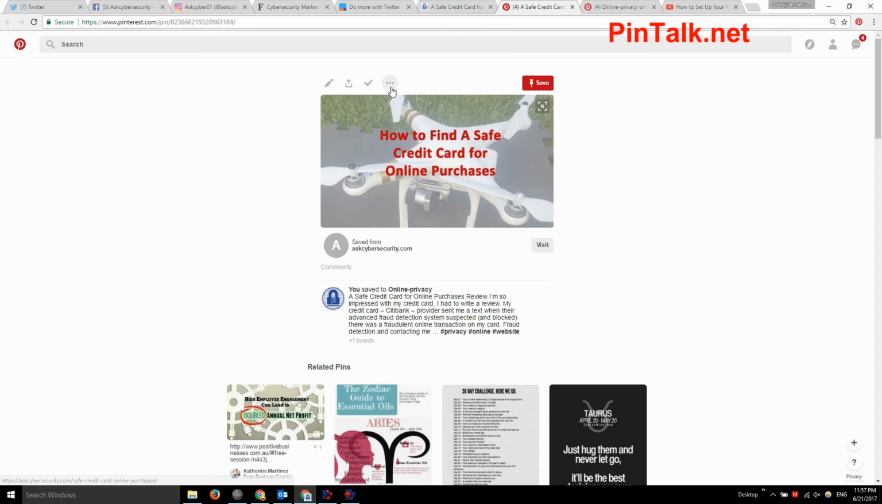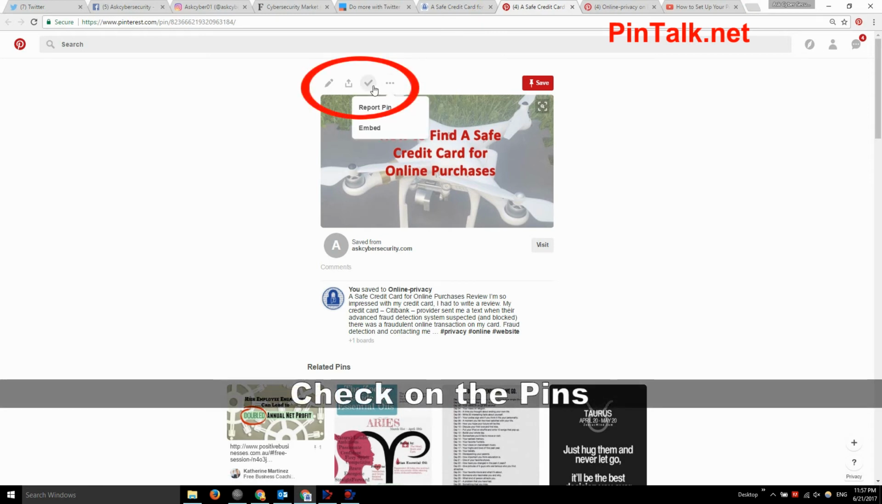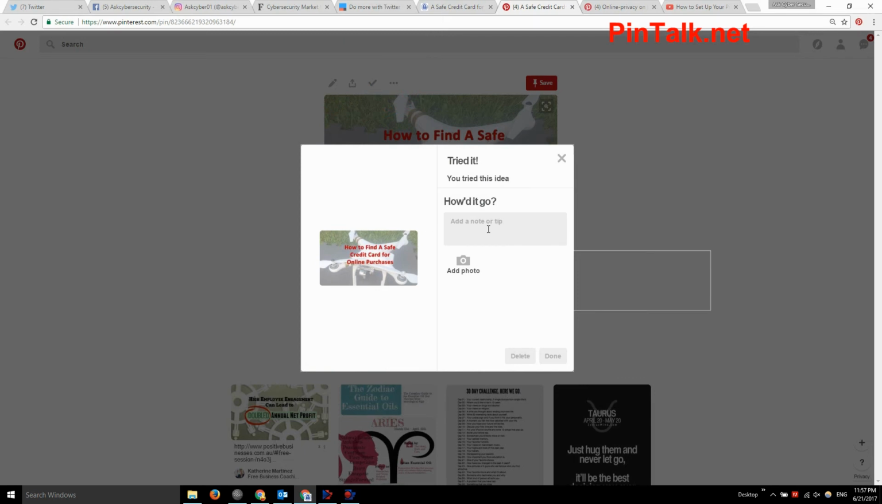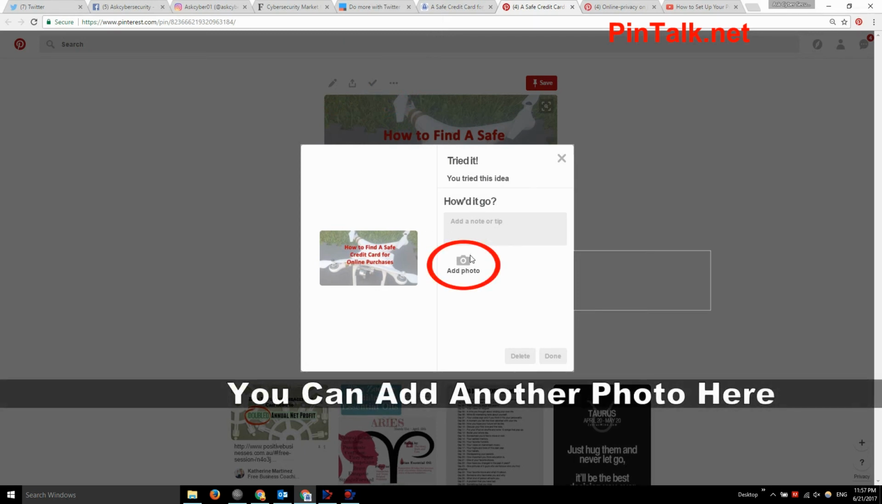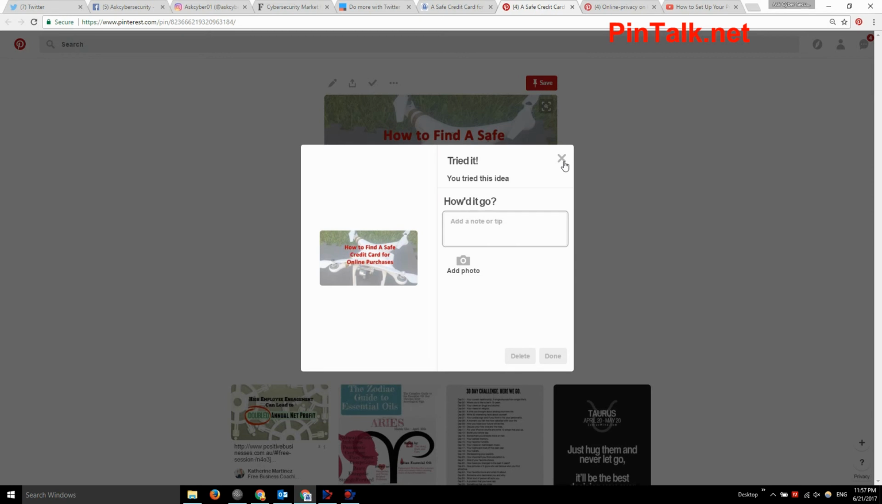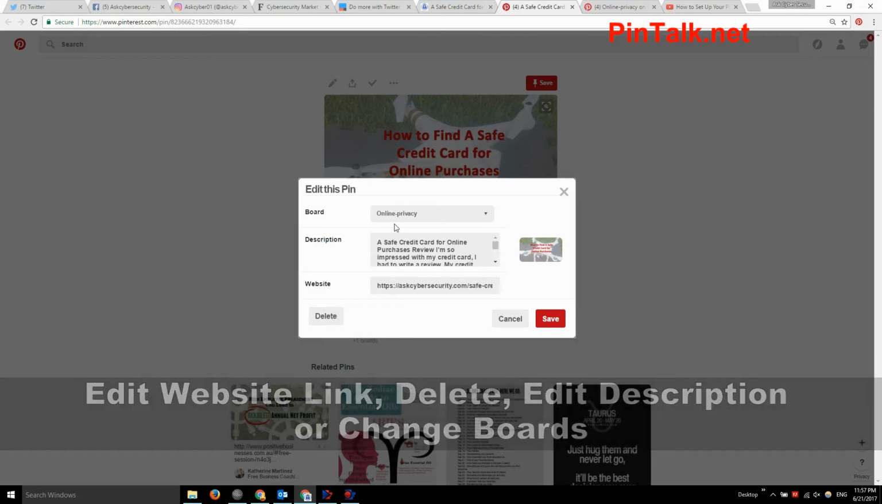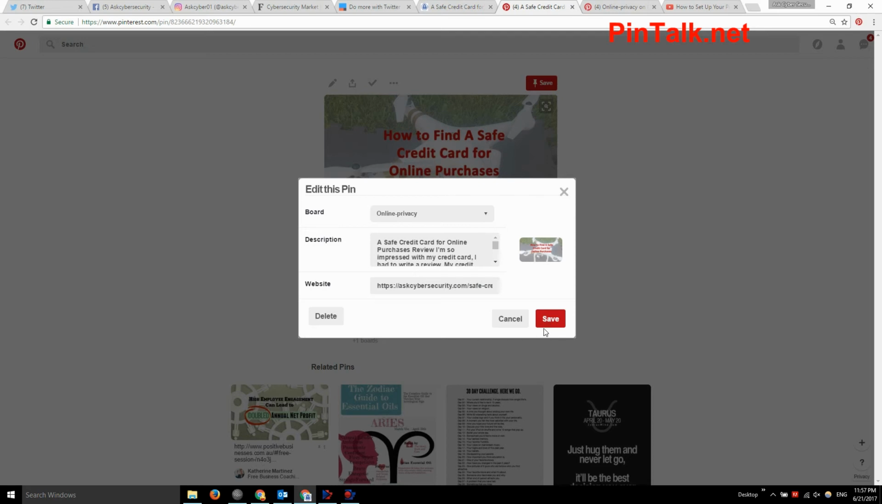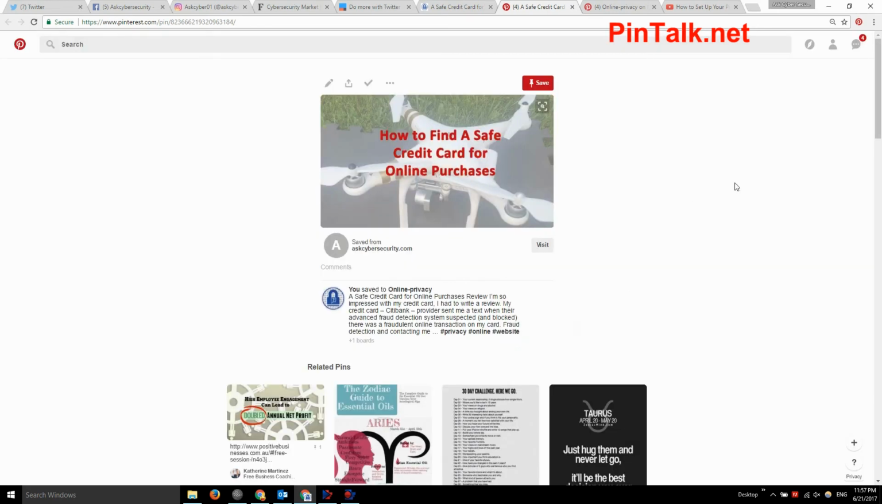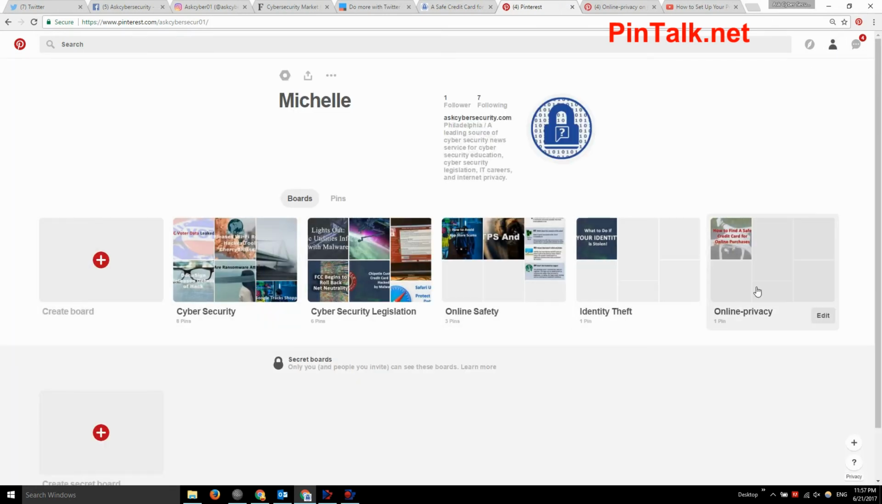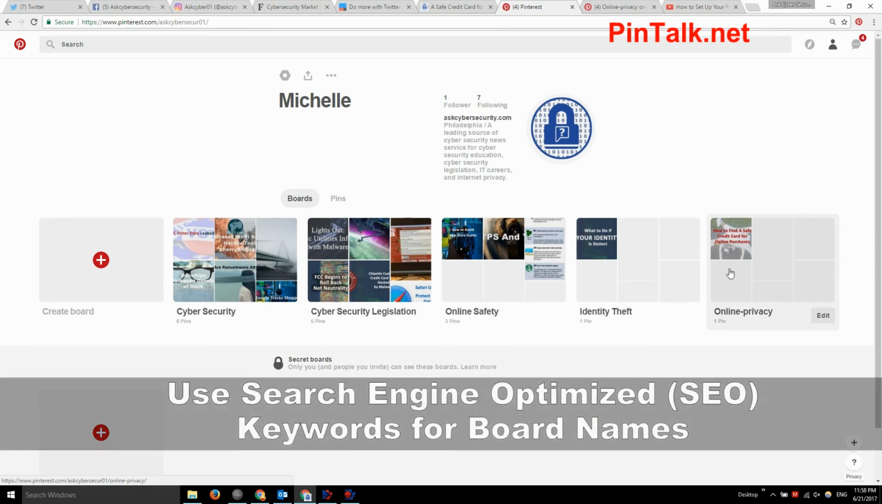And there you go. If you want to make any changes, I like to check on the pins and make sure it's all good. You could add another photo here if you wanted to, a little bit of a note. Or I can edit, so I'm making sure that the website URL is good. If I made a mistake, I could delete it. If I wanted to switch what board it was saved to, I could do that there as well. So I'm going to save that, and that's my pin. So here that is. So we just make sure that when we're selecting board names that we're keeping SEO,